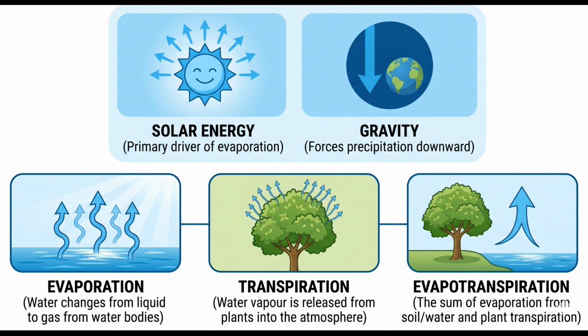Now, the 3 upward processes, driven by solar energy. Evaporation, liquid water on the surface of oceans, lakes, and rivers, is heated and turns into water vapor, rising into the atmosphere. Transpiration. Plants release water vapor through tiny pores in their leaves called stomata. In dense forests, transpiration adds enormous amounts of moisture to the atmosphere, often as much as evaporation from the soil